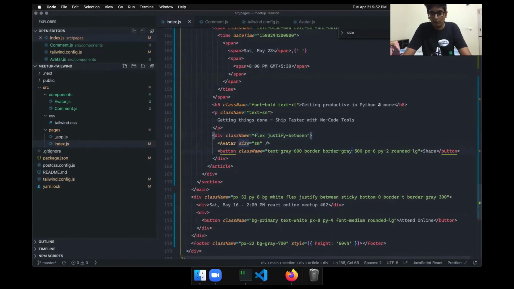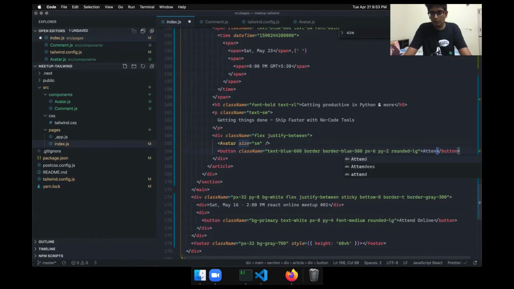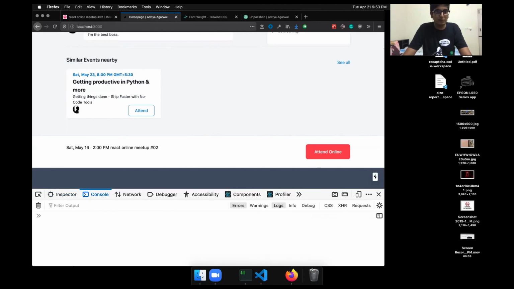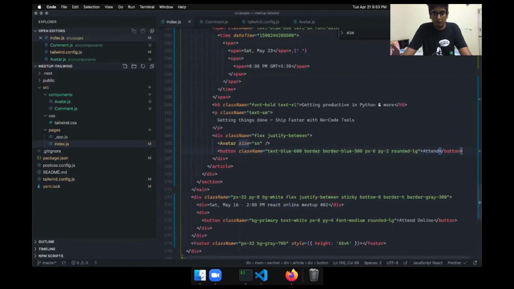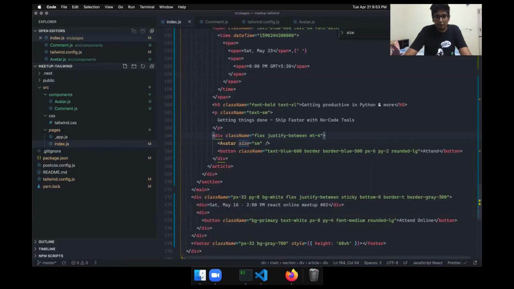And now the border will be, instead of gray, blue, and the text will be blue. And it should say attend. Now let's do some margin on this div. And the flex, so it should have justify between, and then it should also have items center.